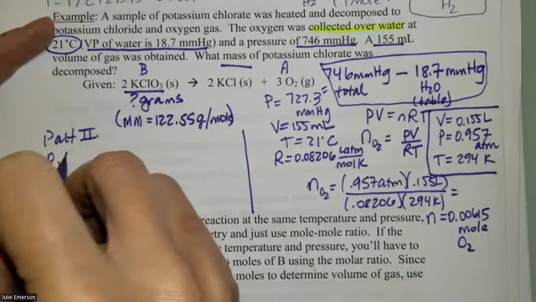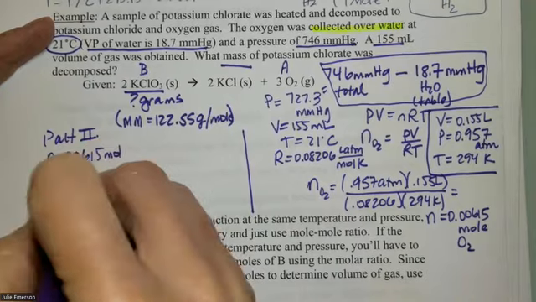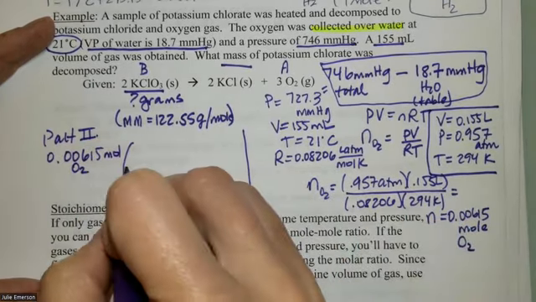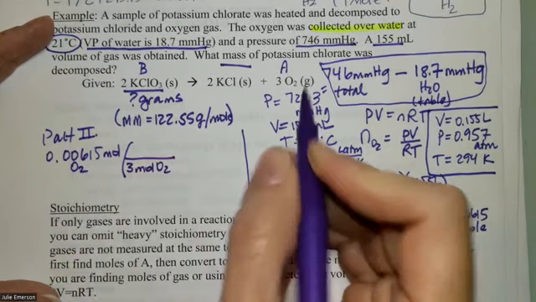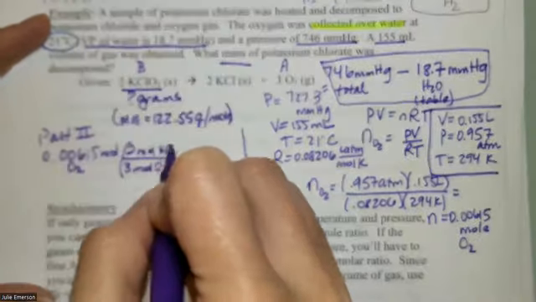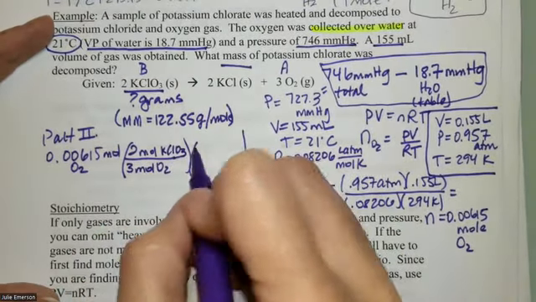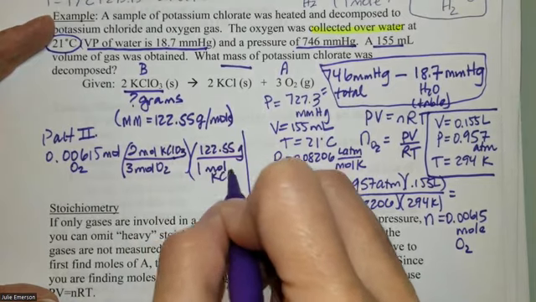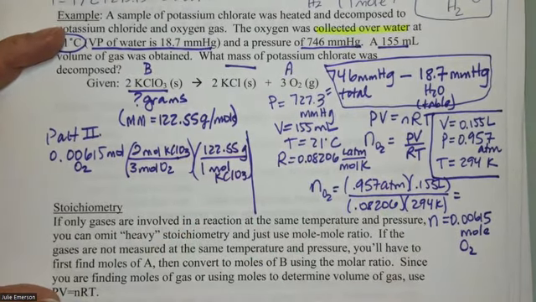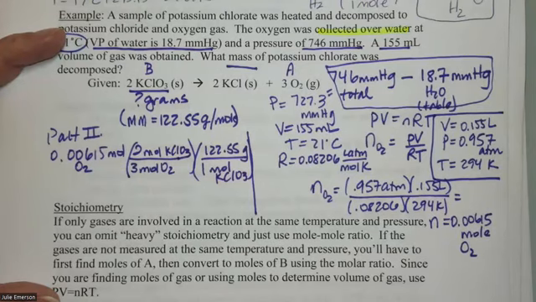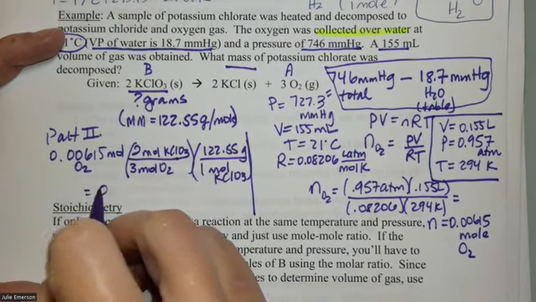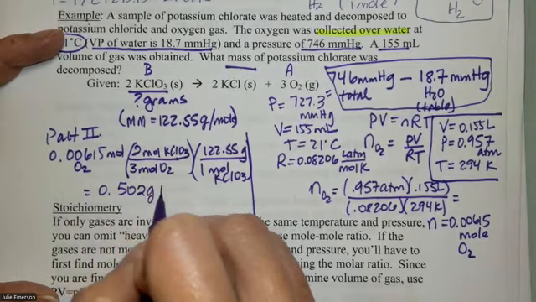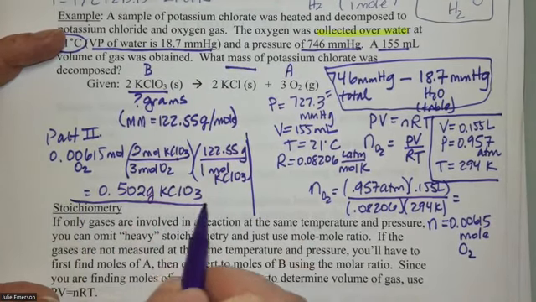Okay, so we're picking up where we left off, 0.00615 moles of O2. From the balanced equation, 3 moles of O2 would have come from 2 moles of potassium chlorate. And then to get to grams, like we found from the periodic table, 122.55 grams is the molar mass of the potassium chlorate. So I'm going to take the 0.00615, multiply that by 2, divide it by 3, and then multiply that by 122.55. So the calculation told me I would have started with 0.502 grams of potassium chlorate